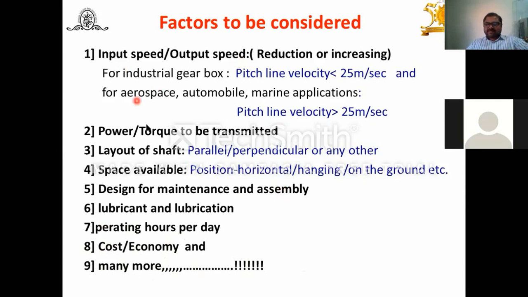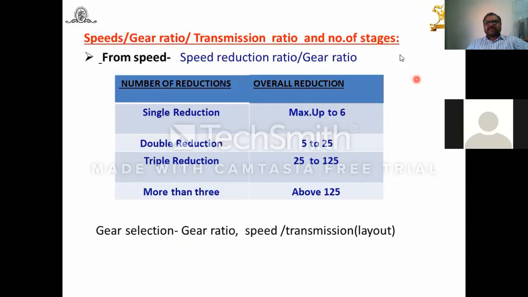Now, these are the important factors that we have to take into account, and you might have taken them while designing your gearbox. Try to understand. Now let us start one by one. In this case, you will find speed. First of all, what you have to decide is the transmission ratio. Already we have studied that.